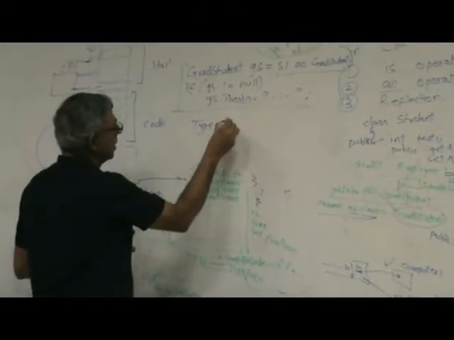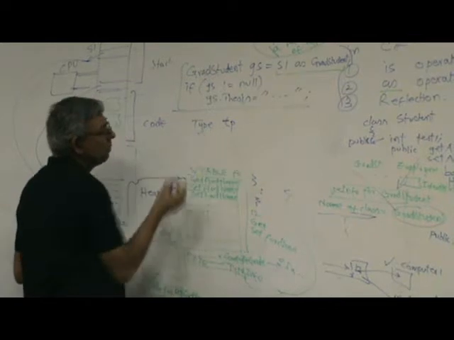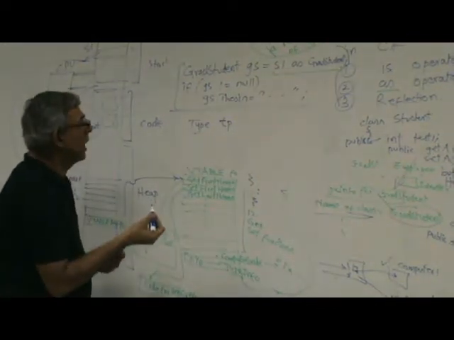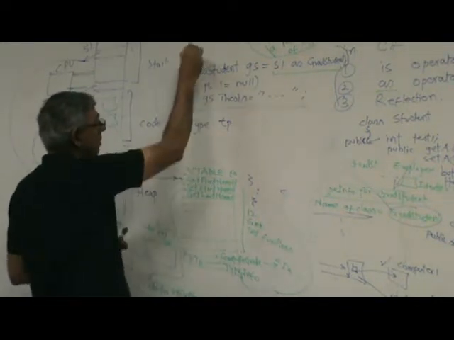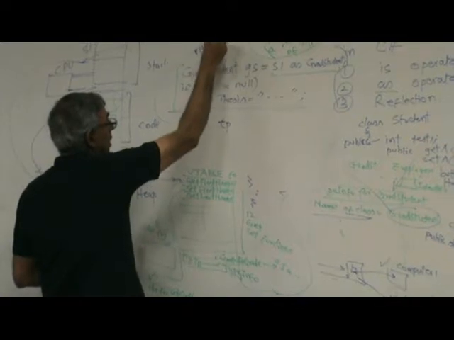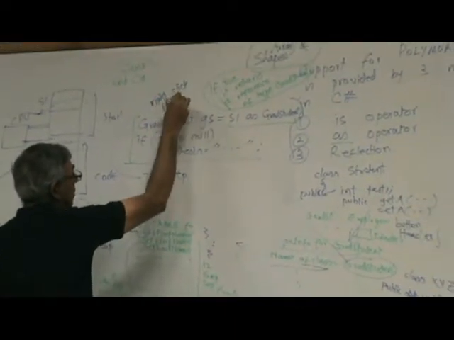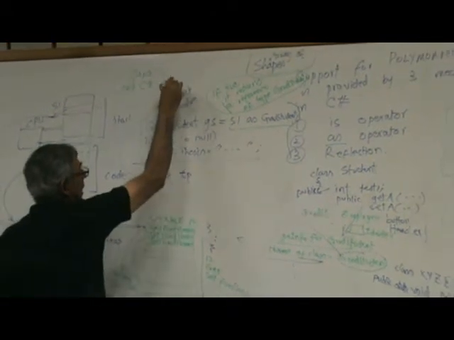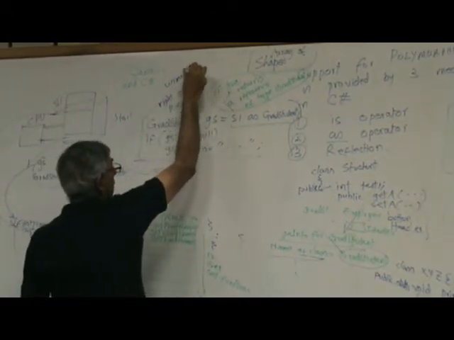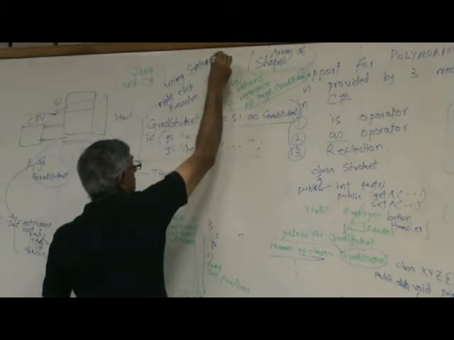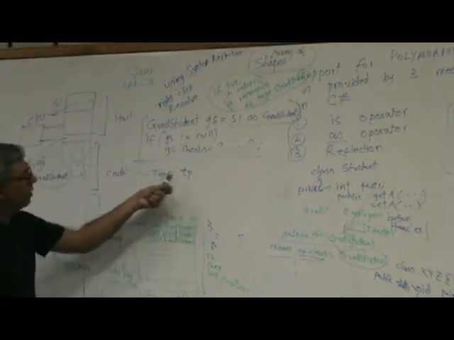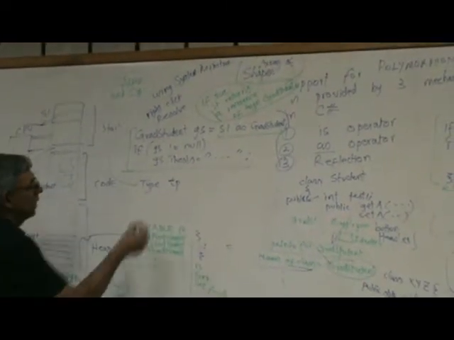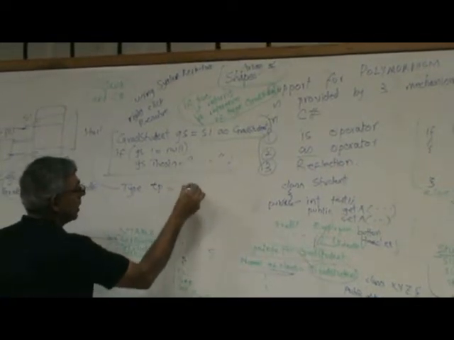So we will do over here Type TP. Type is a pre-built class in the .NET library. It occurs in a namespace, so if you right-click on it, you will have to resolve it. Right-click and choose resolve, and it will automatically give you the namespace using System.Reflection. In a few minutes, if I have time, I'll go to the computer and show it to you. Anyway, you will do Type TP equal to S1 dot